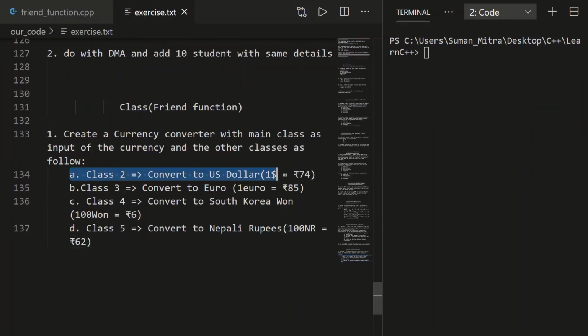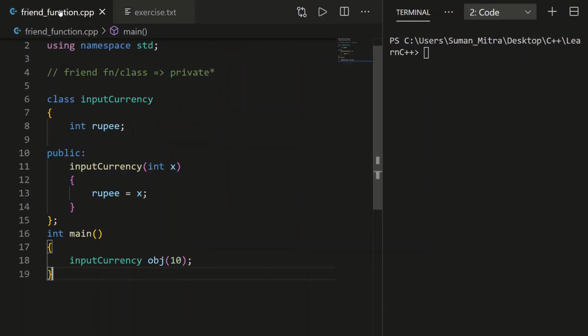So that's all right. Now what's next, what we should create, we should create some more classes. I'll do one conversion for you. I'll do this dollar conversion for you, you do the rest. So we need to create one more class that will be a friend of this main class. Okay, one thing to say, every class will have friendship with this main class from where we'll take the currency. So this will be friend to this and we should convert into dollar. We get the currency conversion, I wrote it on the side so that you know what is the currency conversion.